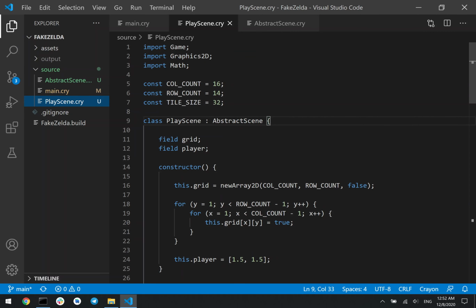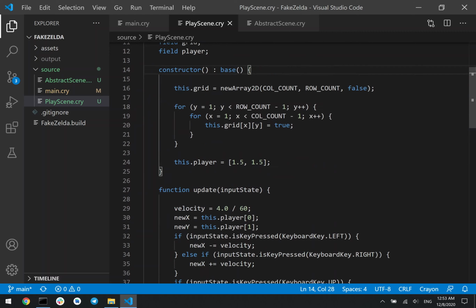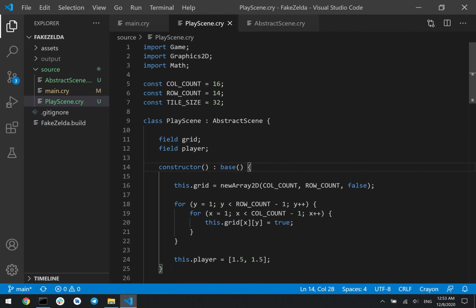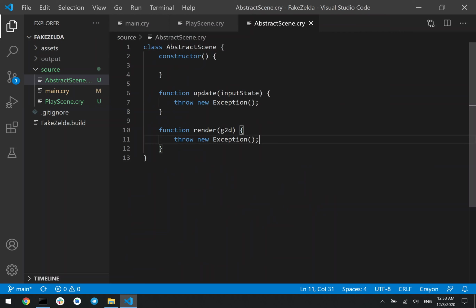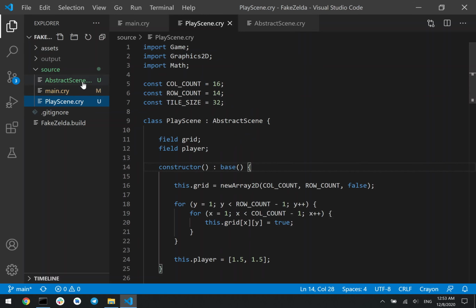And so if a subclass doesn't implement one of the methods on an abstract class that needs to be implemented, it'll throw an exception if that method is called. Ideally, this should be built into the compiler where I can mark methods as abstract, and then if it's not implemented by a subclass, it would not compile, which is the ideal behavior, but that's on my to-do list for the future. So now that I have an abstract class and a subclass placing, I can also add something called